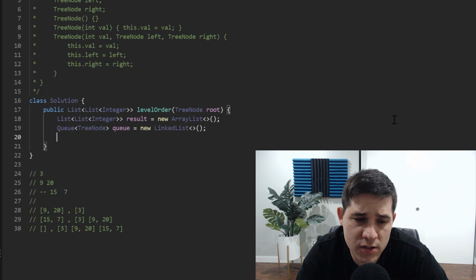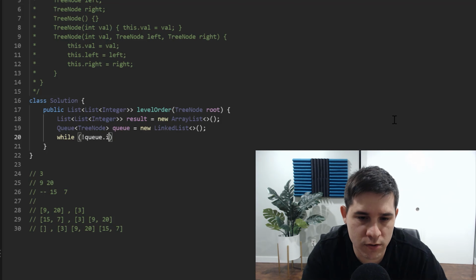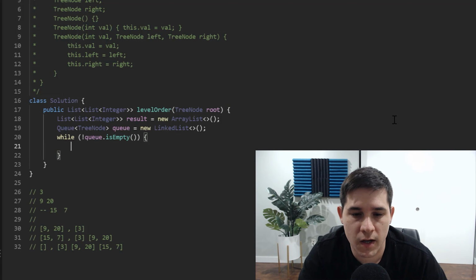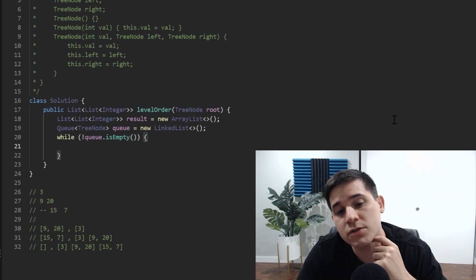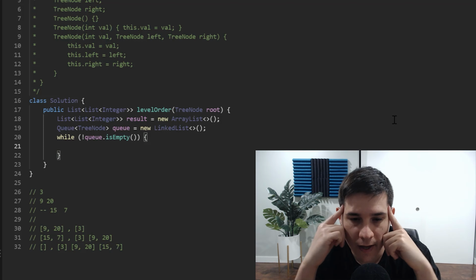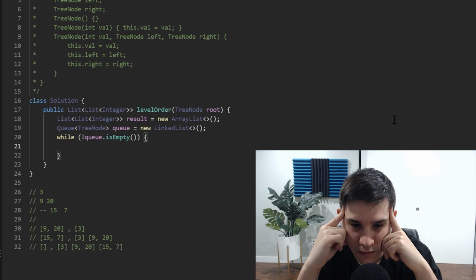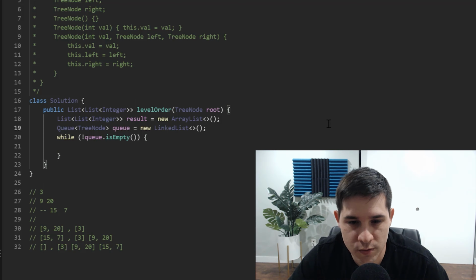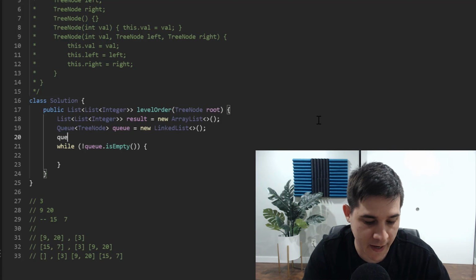I guess our exit condition would be when our queue is empty, right? So while queue is not empty, sorry. This is where we're going to add